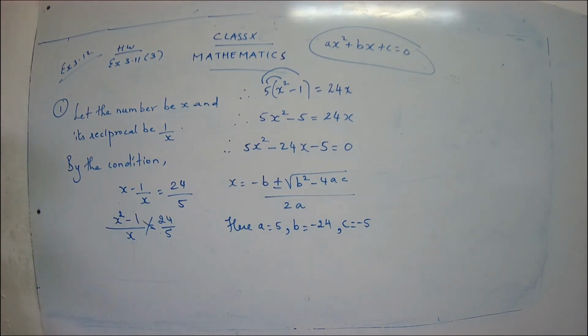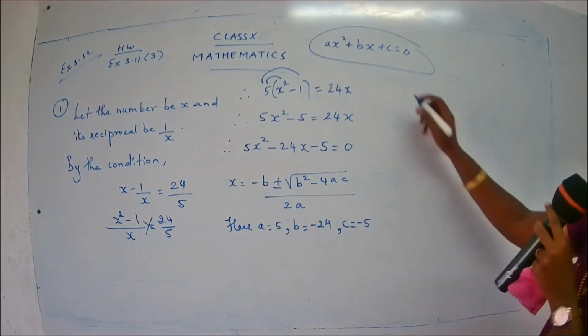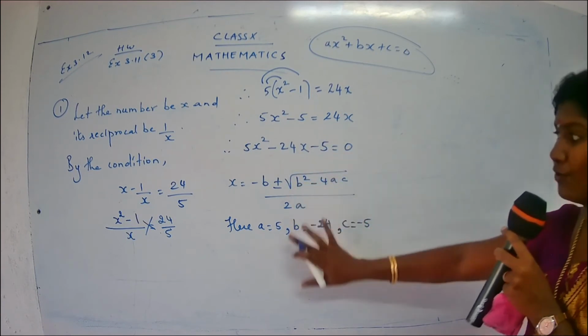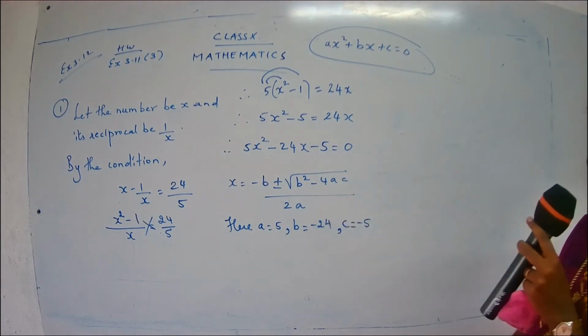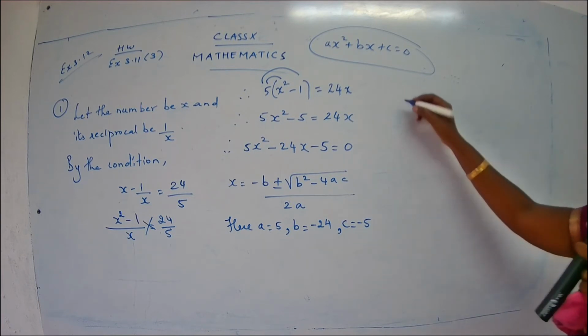Okay, let's try to get the answer. What we get here? Okay, so let's have a form work. Factorization method will be also easy. You can use the T method and you can get the answer, but I'm just going to do the formula method, because in many cases we will use formula method, so that for decimals and everything, formula method is easy. Okay, so let me substitute the value.